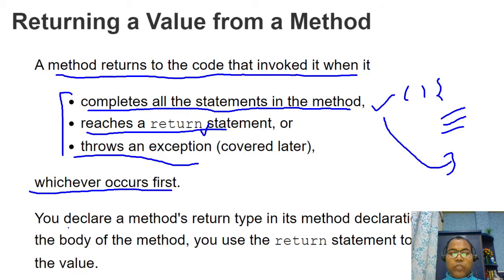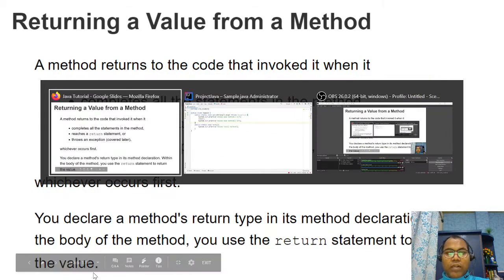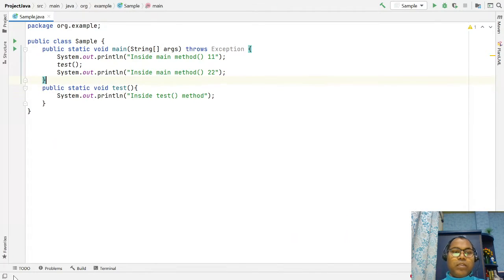So declare the method's return type in the method declaration, and in the body of the method use a return statement to return the value. In this example we have not written any return value. Let's write another method that returns some int value, method one.